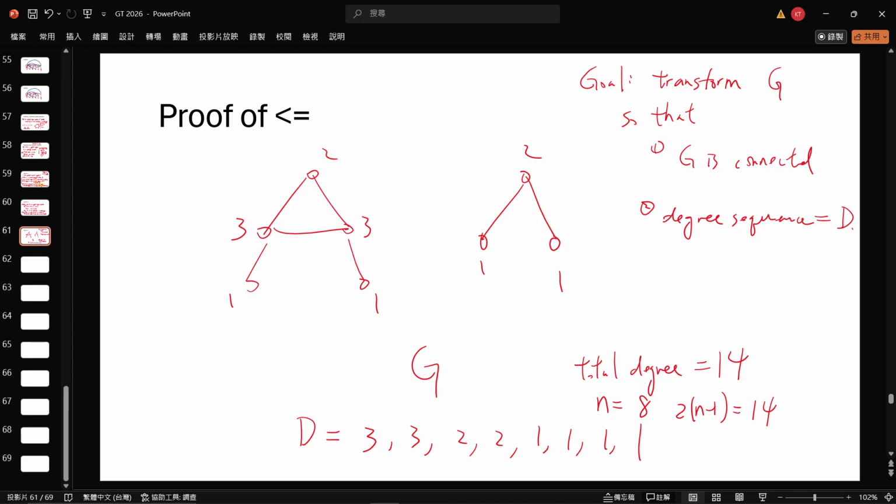So our goal now is to make this graph connected. It has 2 components, so obviously it is not connected. Another constraint is that the degree sequence must stay the same. So how do we do this? Actually, I can replace this degree sequence constraint with a stronger one. That is, I want to make sure that every vertex